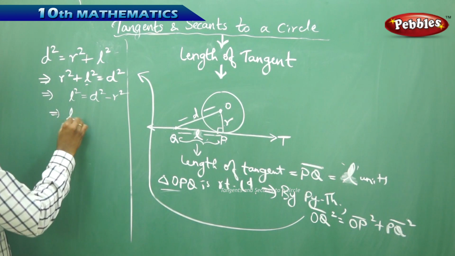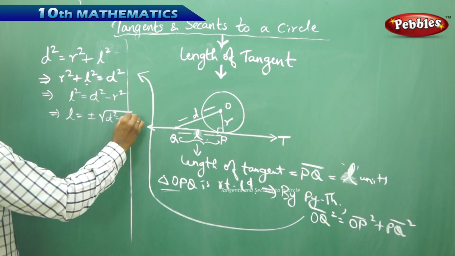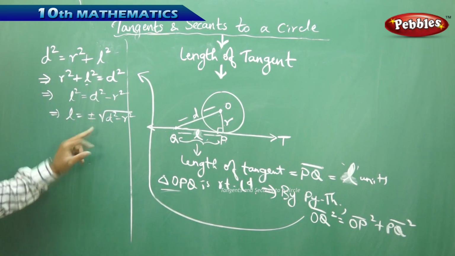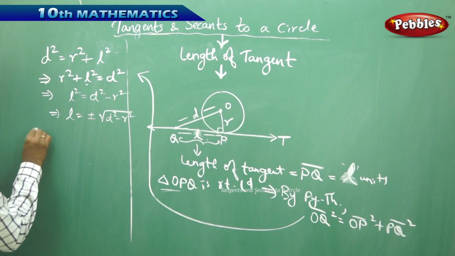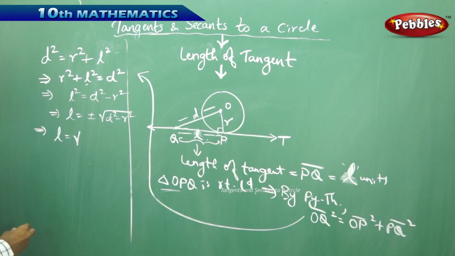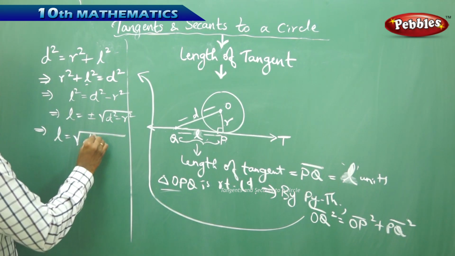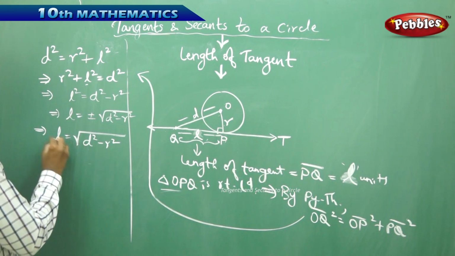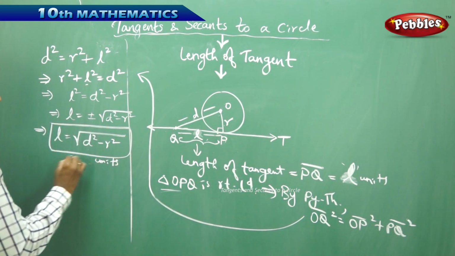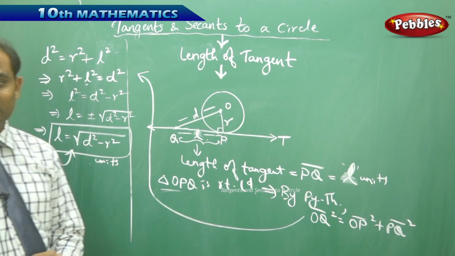That implies L is plus or minus root of D square minus R square coming as the root, but I don't take the negative value because length cannot be negative. Therefore, taking the positive value, L is root of D square minus R square units. So the length of tangent is given by the formula root of D square minus R square,